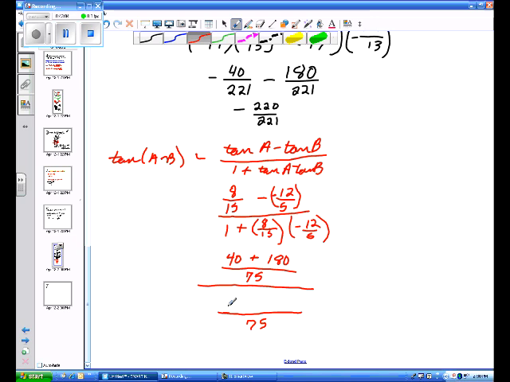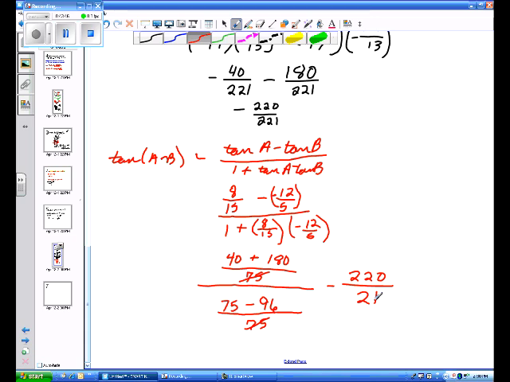Now 1 would be 75/75. I have a positive times a positive times a negative, and this is 8 times 12 is 96 over 75. This was already over 75 because that was the product. So this was 96/75. My 1 I changed to 75/75. And the reason I did that is because now my denominators cancel and I end up with 220 over negative 21, which would be a negative